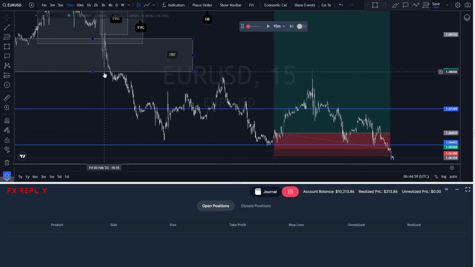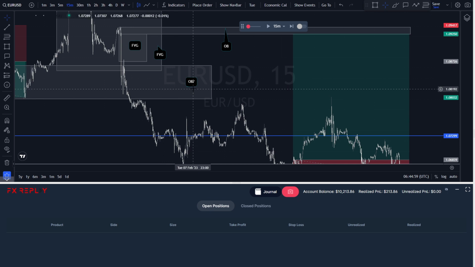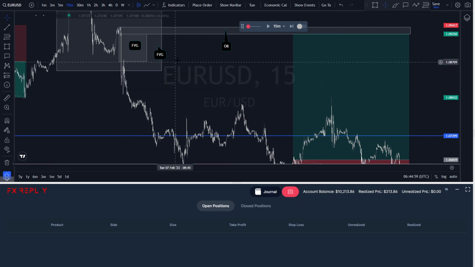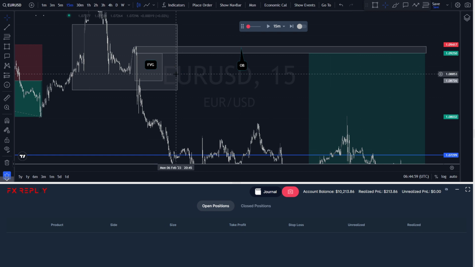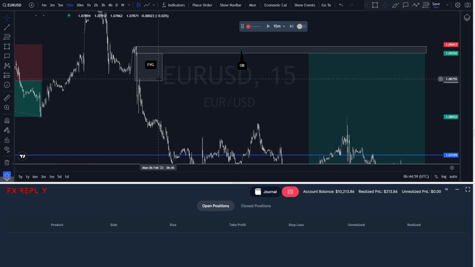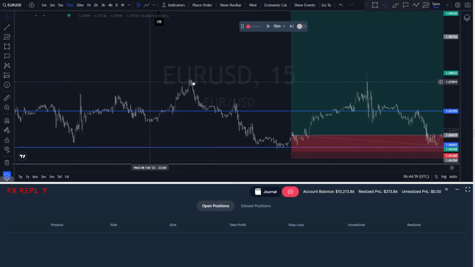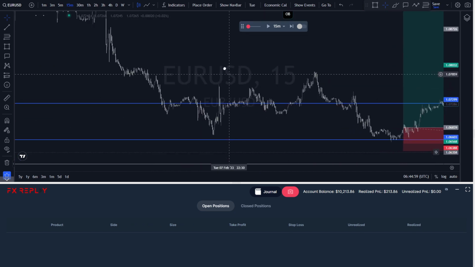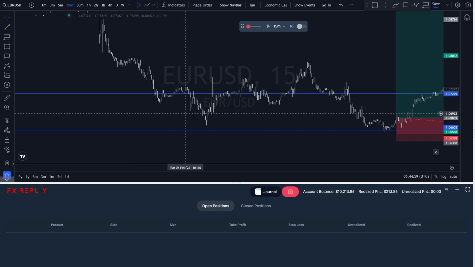And yeah, I was actually looking. Okay, so it disrespected the order block. Hold up, it disrespected the order block. It disrespected the fair value gap. It took this fair value gap and went down instantly, and yeah, it went for this area of liquidity, which